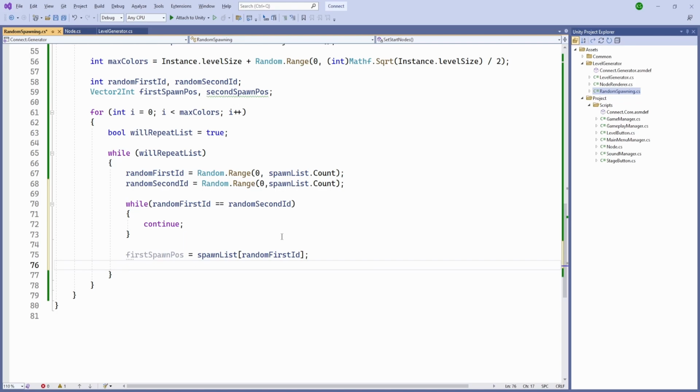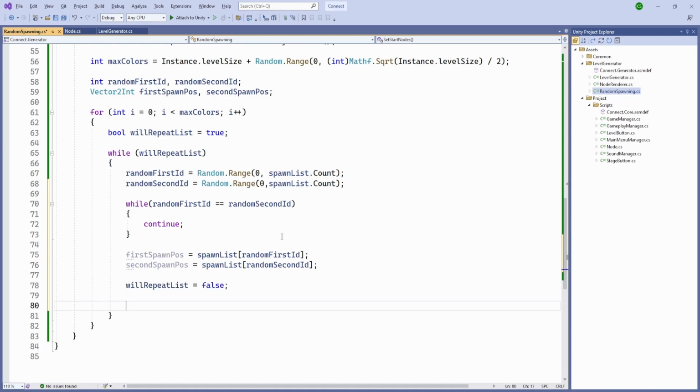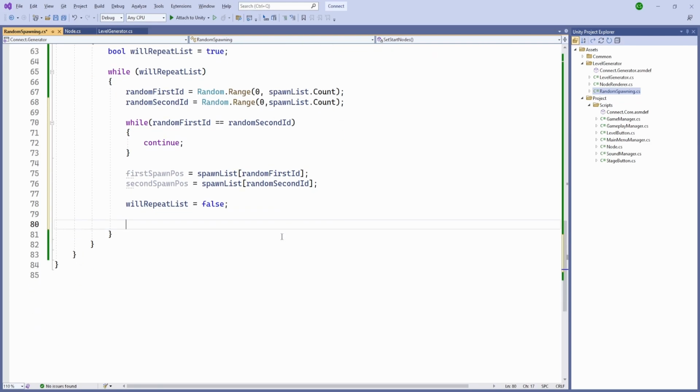We'll pass the ID from the spawn list. Then we'll get the second spawn position, and it is from our spawn list random second ID. And what we need to do is, will repeat list is going to be false, and we'll check each of our directions. So for each direction in our directions, if our